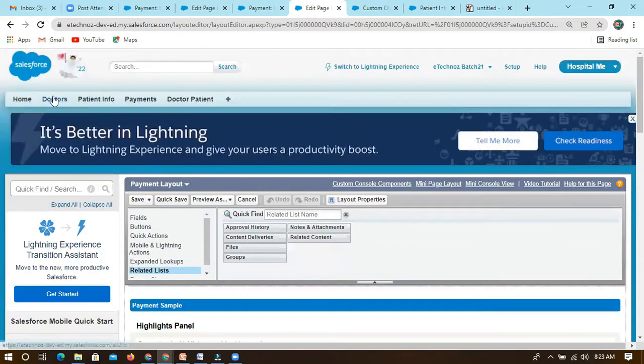So if I have a parent and child relationship, like if you go to a parent, any doctor, you can see the patient information under the related list. So you can see all the patients which are under this single doctor. If you go to any record, you can see the patient information that we can control in this related list.